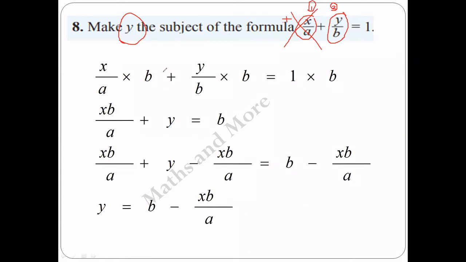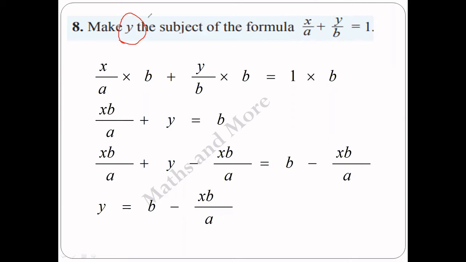Here I have done using another method. I will explain that method also. Let's see this method. There are 2 terms. First I have removed the denominator. That method is also correct. You can use many methods, but the final answer should be the same. Okay, correct. I will explain that method also. First, let's see this method.